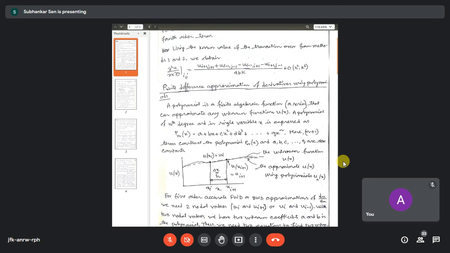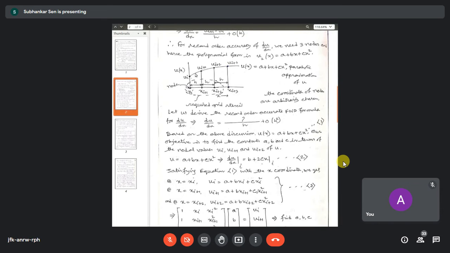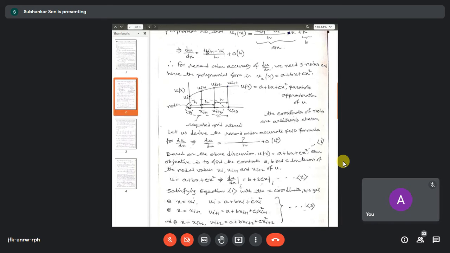So I want to say that, for example, when you are writing du dx equals to, this is the expression for first order forward difference. So when you are writing du dx, you can see that this is a constant, this is a constant, and this is a constant. So delta x is an input parameter. This is a known value, input value. This is a constant quantity. This is a constant quantity. It means that this entire portion is a constant quantity.